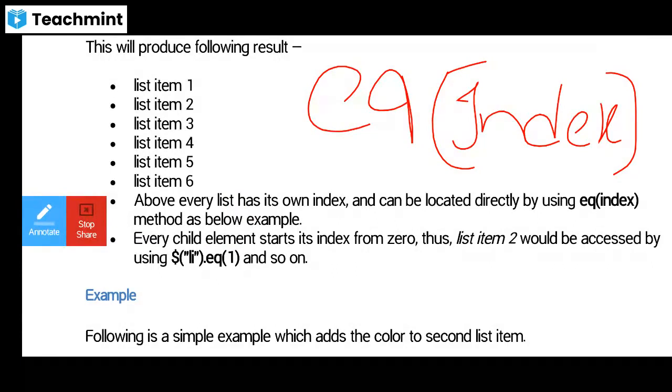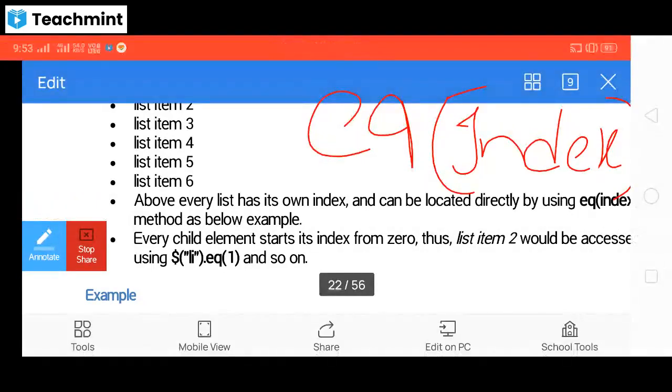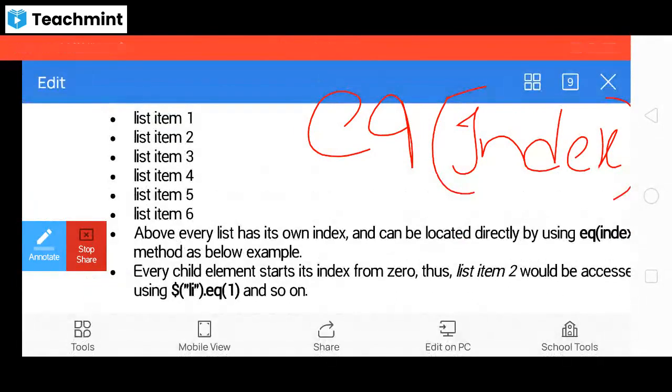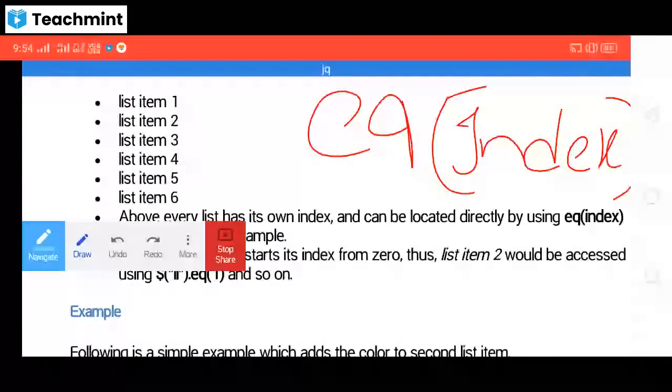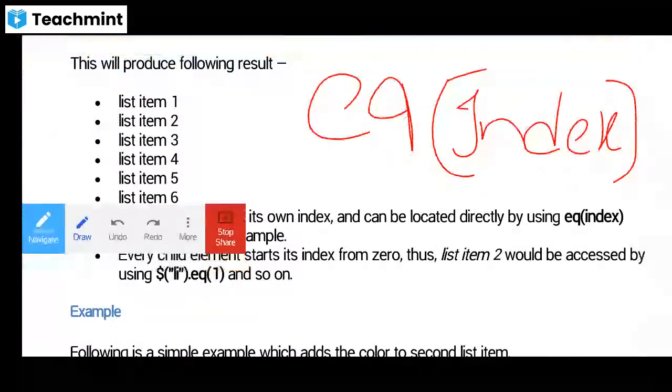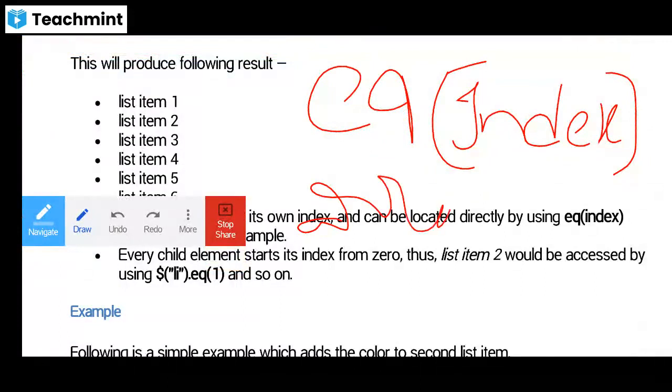Every child element has its index starting from 0. As in the earlier program we discussed about index, in this index we are going to use from 0, 1, 2, like that. Like in an array, we are going to use 0, 1, 2, 3, 4.